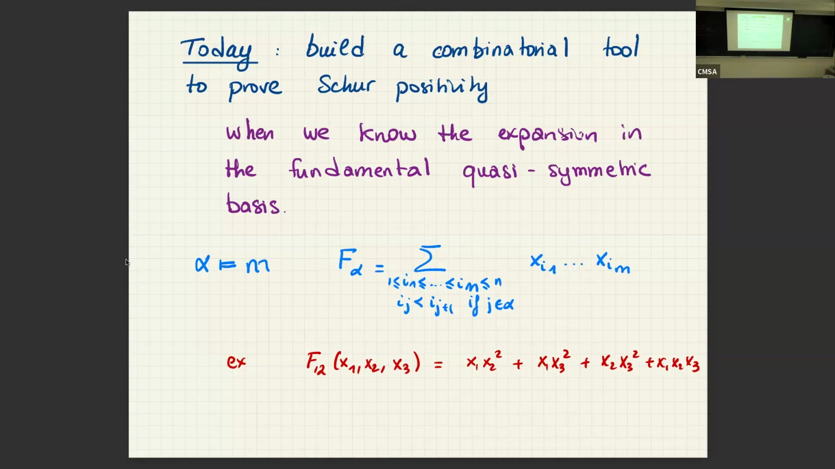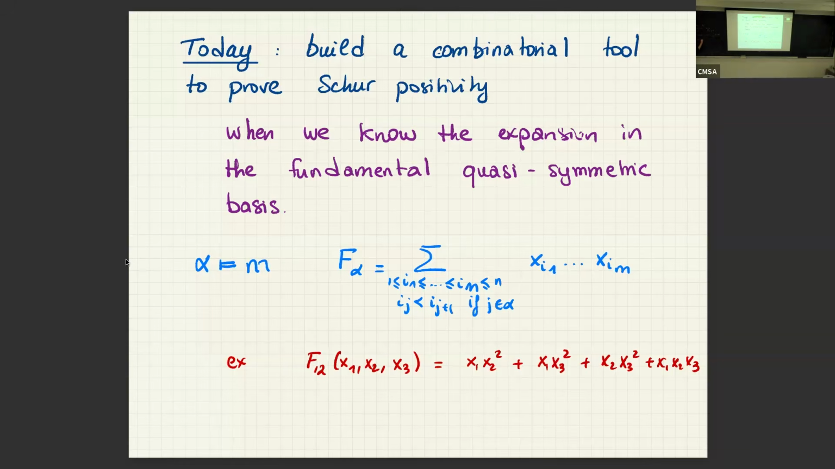Now I don't have this condition. I don't have their order matter. Okay, so I just have the fact that the alpha i's are non-negative, and the sum of the alpha is equal to M. Okay? And so the fundamental quasi-symmetric function,